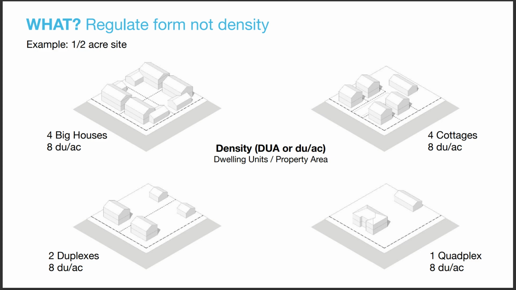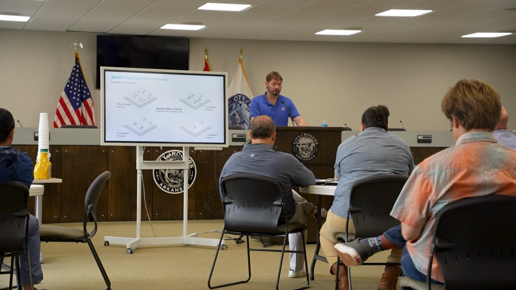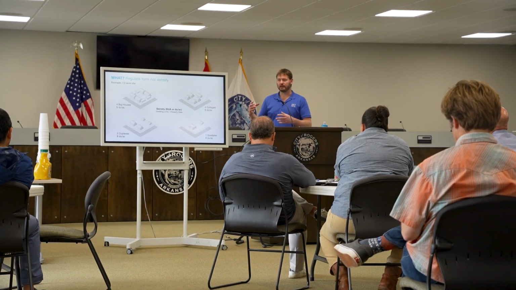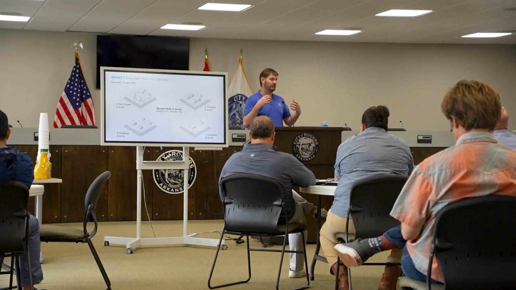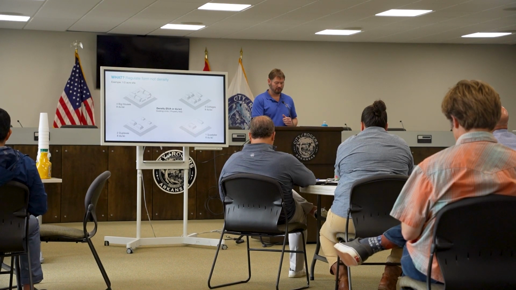So this example here, these all represent a property of the same size. They're all the same density, but they occupy the site totally differently. So you could hypothetically, in the top left, have 4 single-family detached homes that are fairly large. These are 3,000 square feet. And those occupy a lot more of the property than the bottom right, which is a multifamily building with 4 units. And the bottom left is 2 duplexes. Top right is 4 smaller houses. And they all occupy that property very differently. They all relate to each other very differently. And it's not about their density, it's really about the form of the building that manages how they sort of